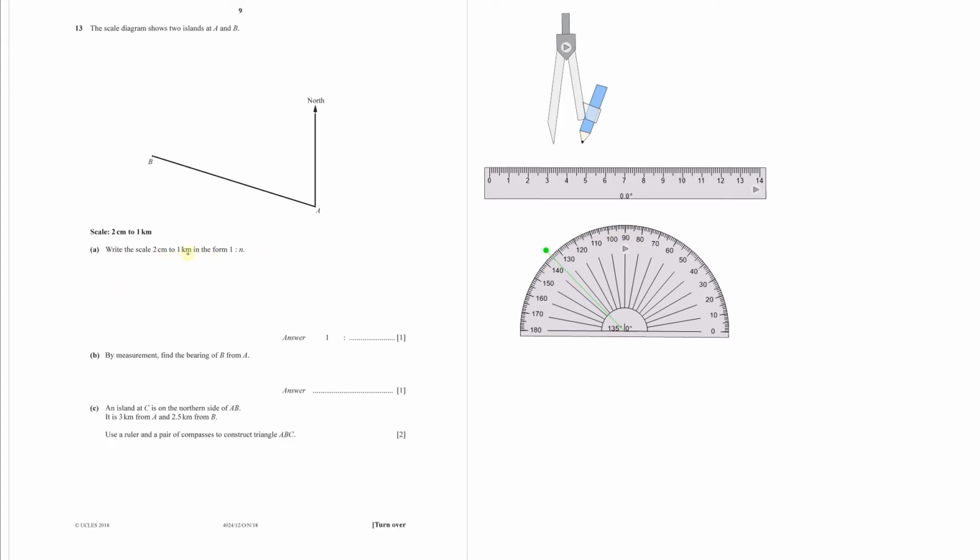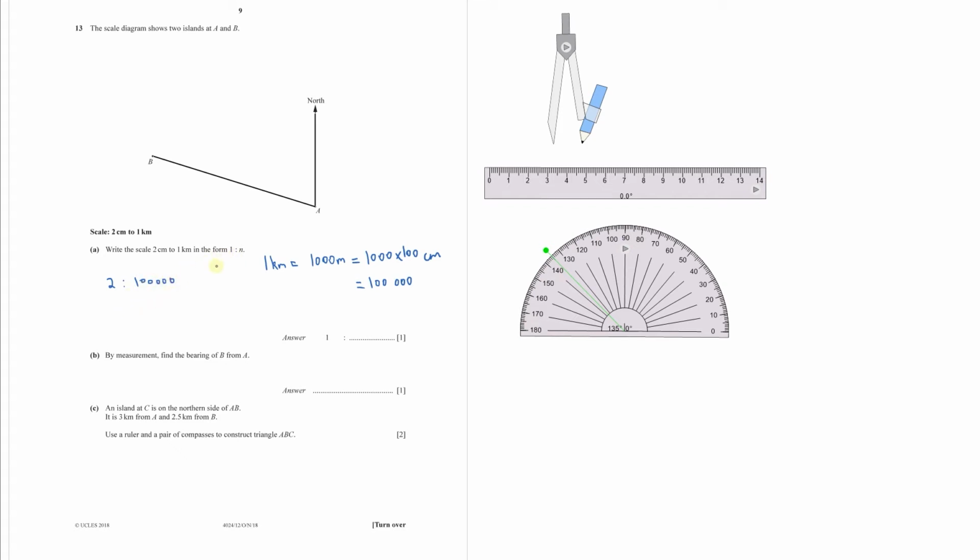So first we can convert this kilometers into centimeters. So 1 kilometer will equal 1000 meters, since each kilometer has 1000 meters, and then we can multiply this by 100 because 1 meter has 100 centimeters. So this will be equal to 1000 times 100 centimeters. So this is 1, 2, 3, 4, 5 zeros. So this is 100,000. So now you have the scale here as 2 ratio 100,000,